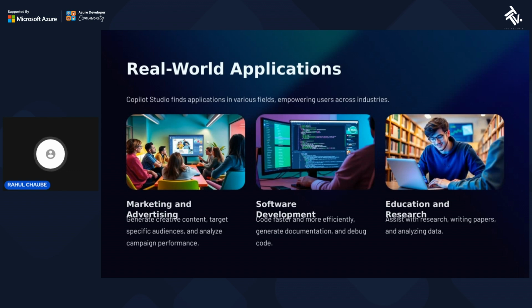So the next is software development. Developers can use it to code faster, create documentation automatically, and even debug the code. So in software development, Copilot is very friendly and useful. If you are not from a technical background and don't have any idea, but you think you want to build this kind of software or this kind of development,